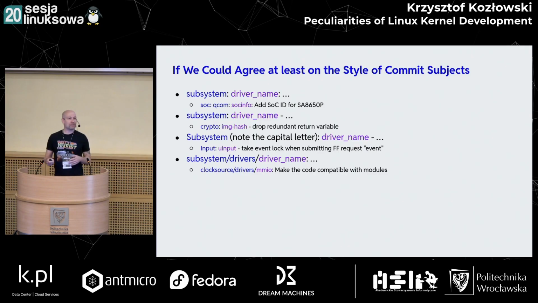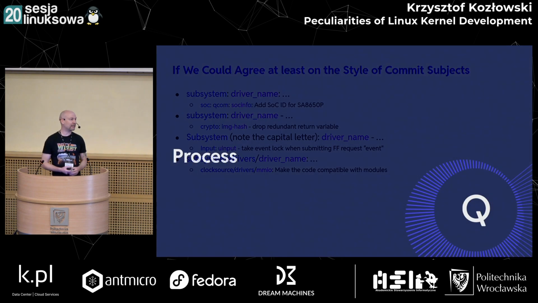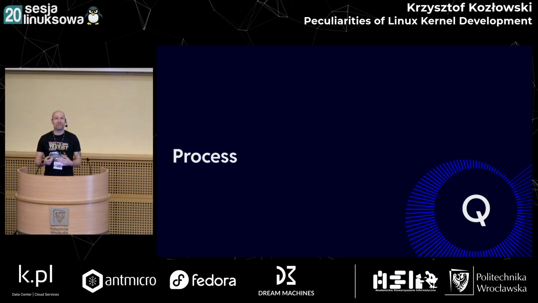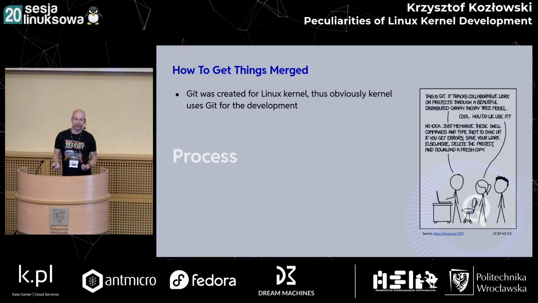And how to figure out? You use the git log to understand what the subsystem was doing in the past, and based on this, you try to write the same, and of course, you make a mistake. Well, that happens. So this was the end of the complaining about the style. Let me mention a few things about the process.